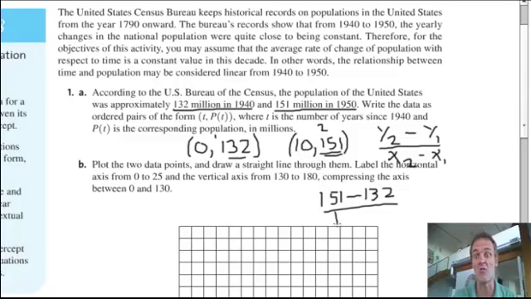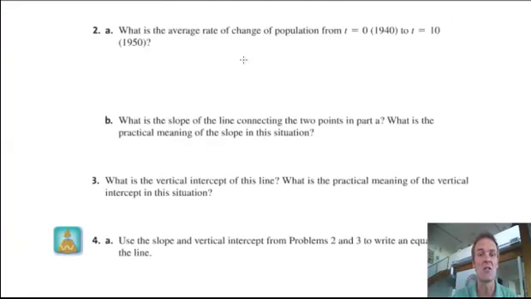If I write it in, 10 take away 0, x2 take away x1, and that's going to give me 19 over 10. So I went up by 19 million in 10 years, so the average rate of change is going to be 19 divided by 10, 1.9